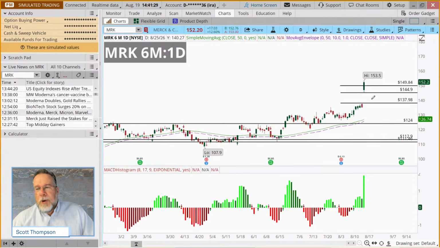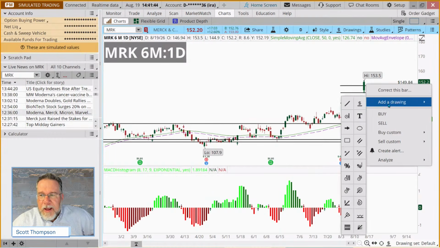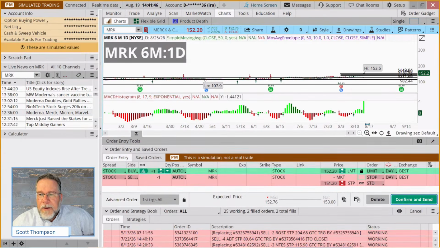Okay. So, you can decide how you want to buy this. We're going to do it this way. We're going to go in with one share right now and we'll set our stop way down here. It feels very uncomfortable, but that's our rule. Okay. So we're going to go in there with one share here. Okay. Buy custom with stop.